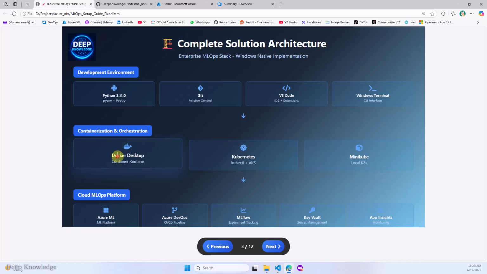And for containerization, of course you need Docker Desktop, you need a Kubernetes cluster, and also you need Minikube, which will try to create a cluster and interact with the Kubernetes clusters. And for the cloud MLOps platform, sorry,